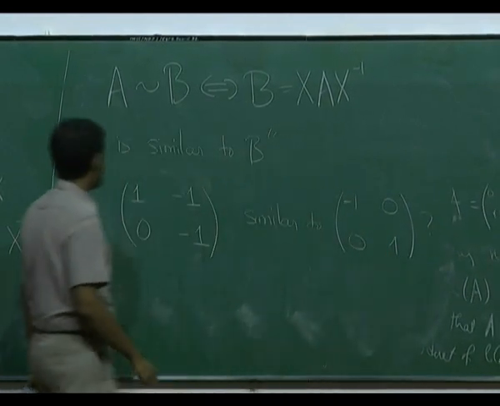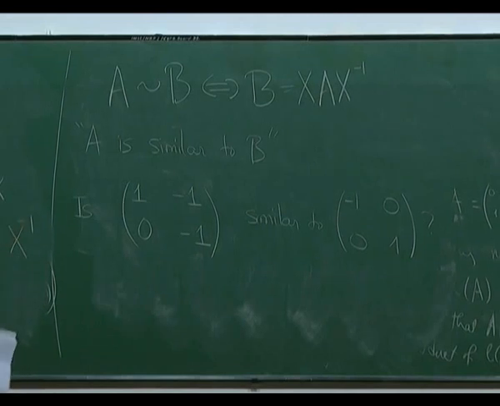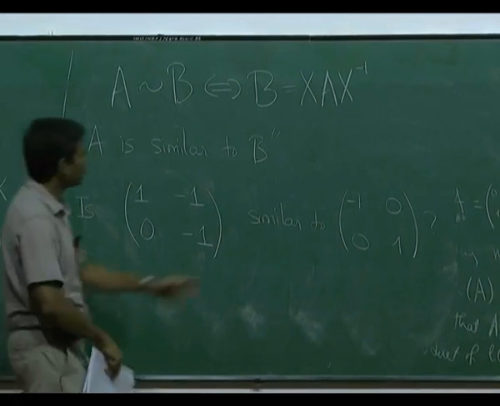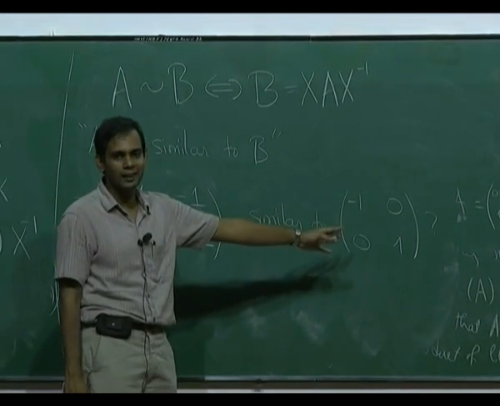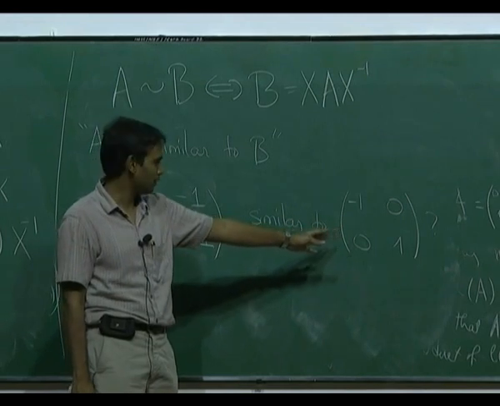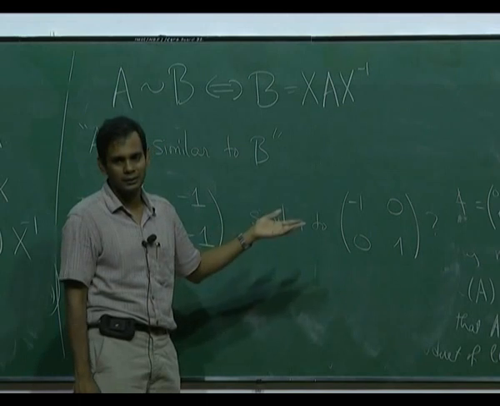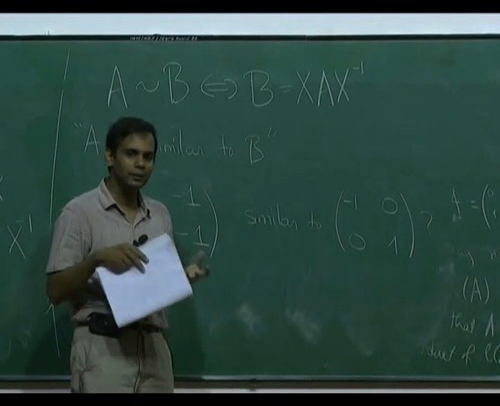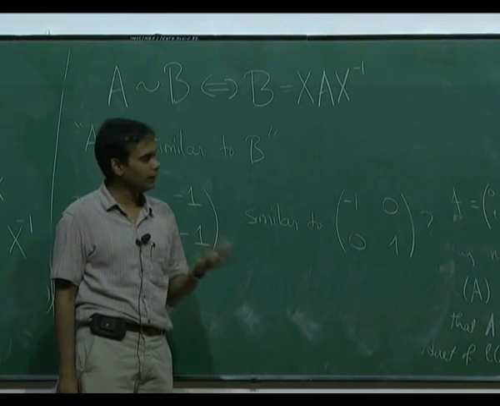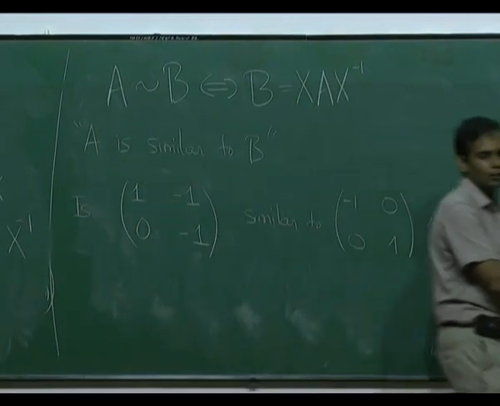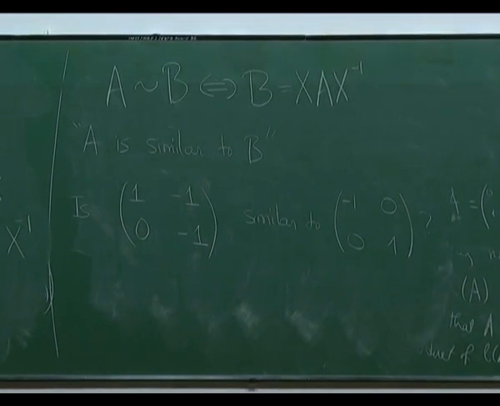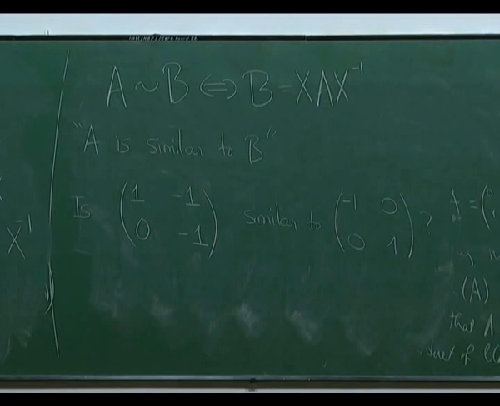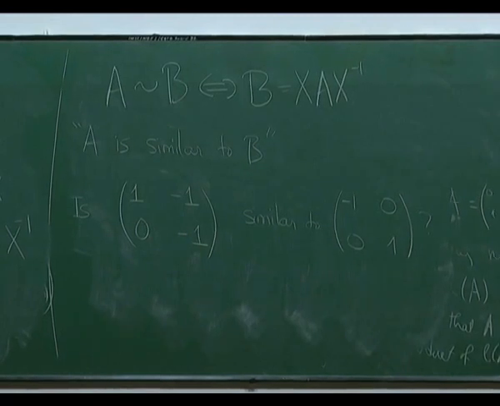And of course you could keep trying various things and changing it and so on, but you won't know whether the reason you have not got this matrix is because you just haven't tried the right things or whether they are not similar. So what I want is an algorithm, some way to determine whether two matrices are similar or not. And again, there is something called the rational canonical form which helps decide this problem. So you reduce each of these matrices to what is called the rational canonical form, and if the rational canonical form is the same, you will say okay, these matrices are similar. If it is not the same, you will say okay, these are not similar.